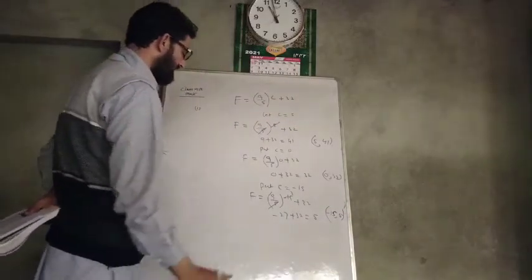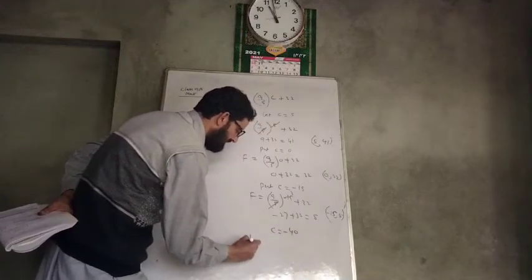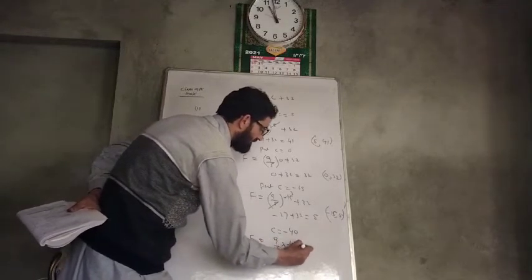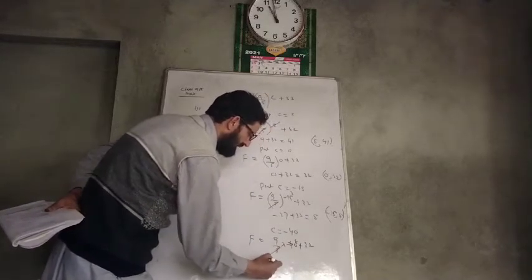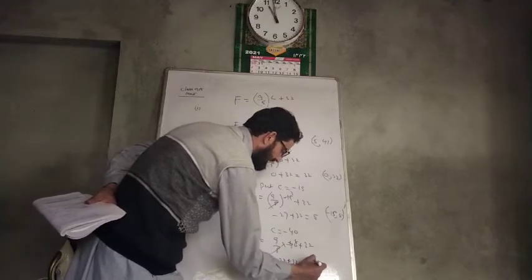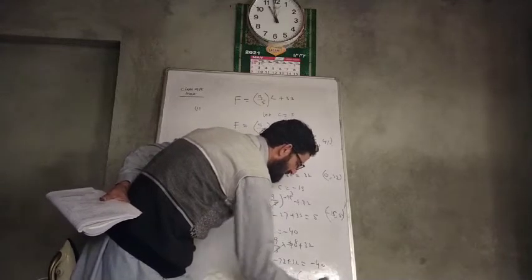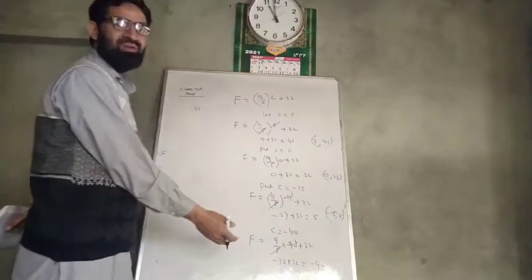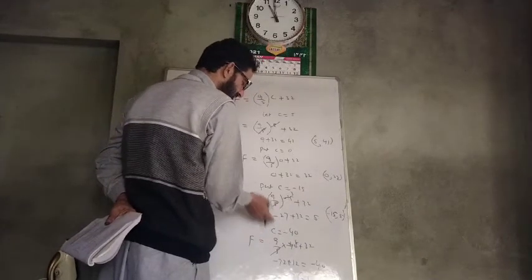Similarly, you can write down any values. Let C be equal to minus 40. What is F? F is equal to 9 by 5 into minus 40 plus 32. 5 8s are 40, 9 8s are 72, so minus 72 plus 32. This again is minus 40. When you give the value C as minus 40, Fahrenheit is also minus 40. So this is the value where both the centigrade or Celsius and Fahrenheit temperatures are the same.